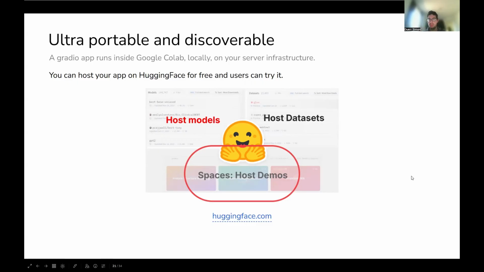But the third kind of platform is this Spaces, where people can host interactive, they call it demos, but it's a Docker image in which you have the code, how to run your model, and some resources in which this model is running. And the great thing is that with one command, someone can basically take your application and run it locally because they have a Docker registry already set up. So basically, for example, if you want to run this ProteinMPNN space that I've been showing you in the beginning locally, then you use this command that you can copy from the page, and then afterwards you have it running locally on your own infrastructure. So using this Gradio ecosystem allows us to basically profit from some of the effort that Hugging Face has invested in making these models accessible.